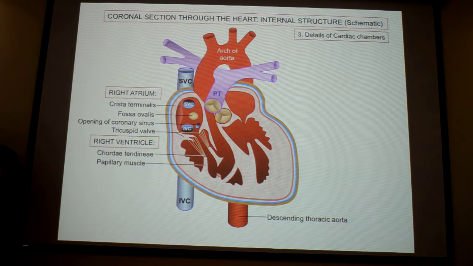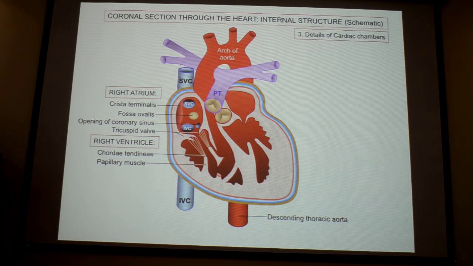We may call it the septomarginal trabecula or moderator band. And what is its beauty? It contains some conducting fibers, and that is its importance. We can use it for animal and human differentiation, but that's not the objective of today's lecture. Our objective is